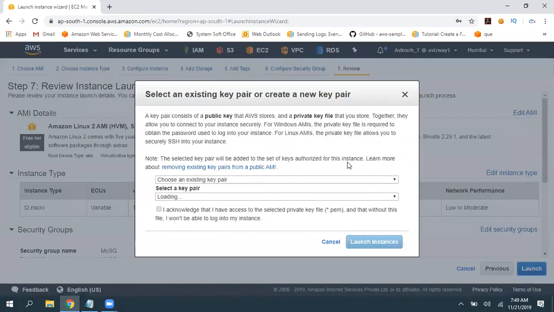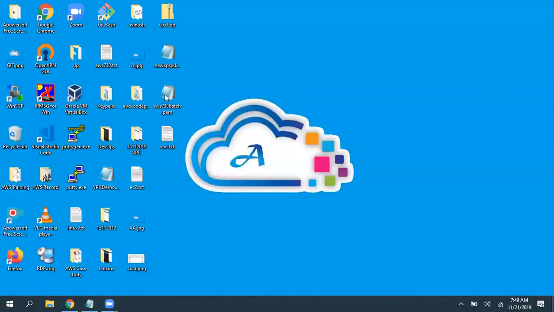Again, here, yesterday we created one key pair with the name AWS 730 batch. If you want to use the same key pair, you can use that. But you must have access to that key pair. If you deleted it from your machine, for example, you tested and you deleted this PEM file.